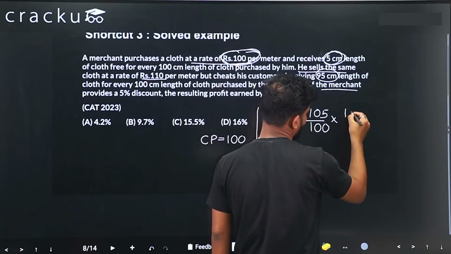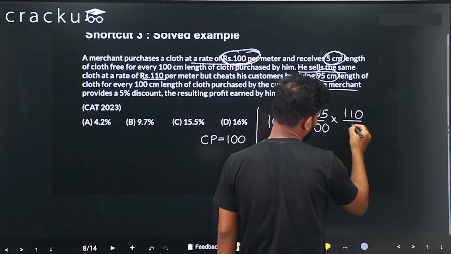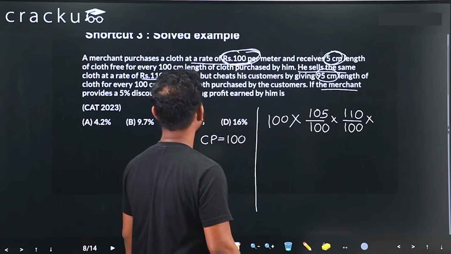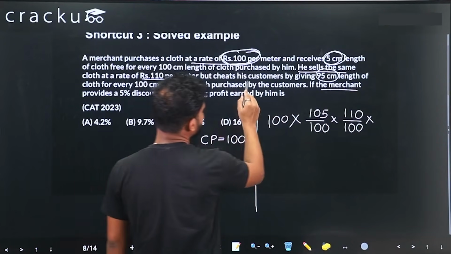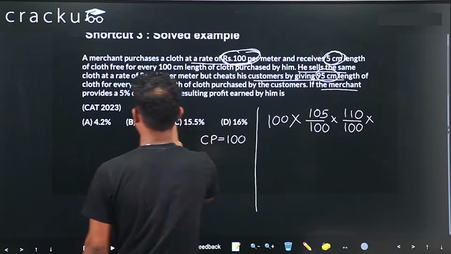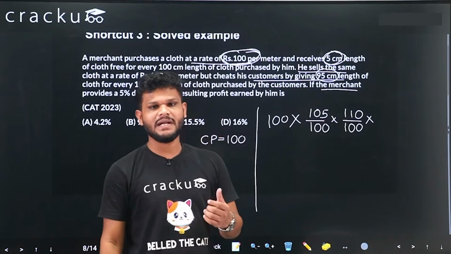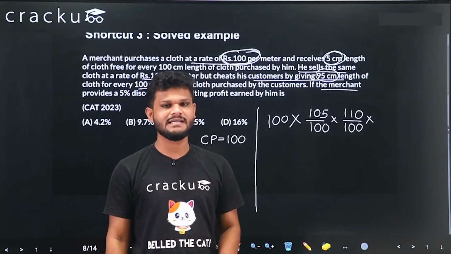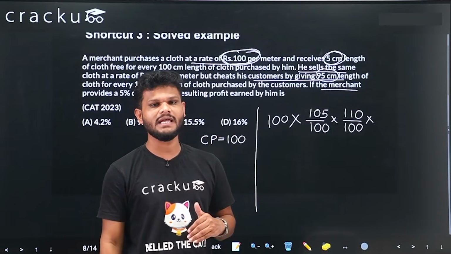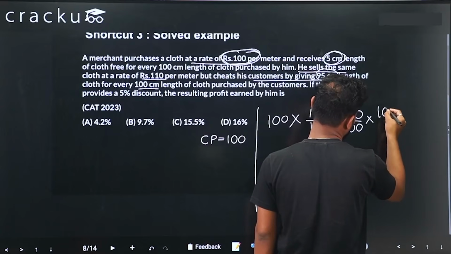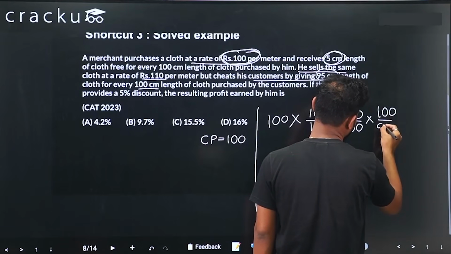It is increasing by 110 divided by the original price, which is 100. Now what he does is that he cheats his customer by giving 95 centimeter instead of 100 centimeter. So whatever the price he would have got for 100 centimeter, he is getting it for only 95 centimeter. So what will be the profit fraction here? It will be 100 by 95